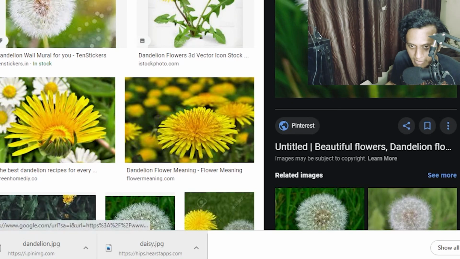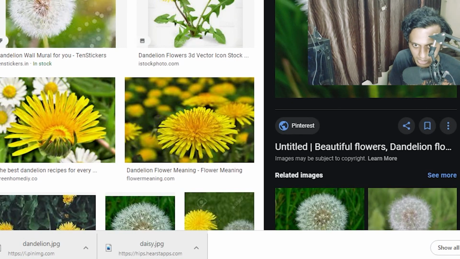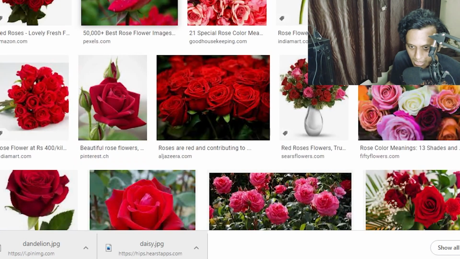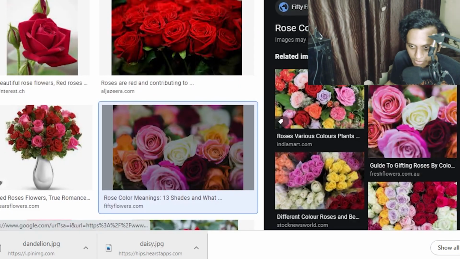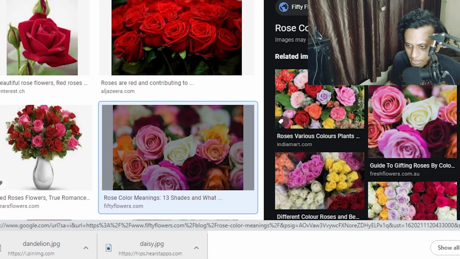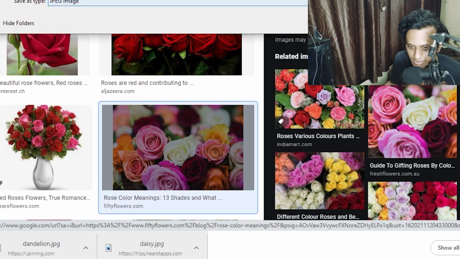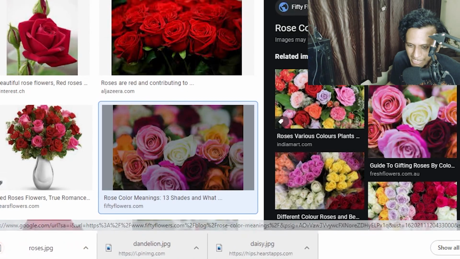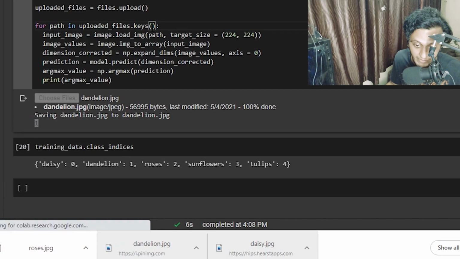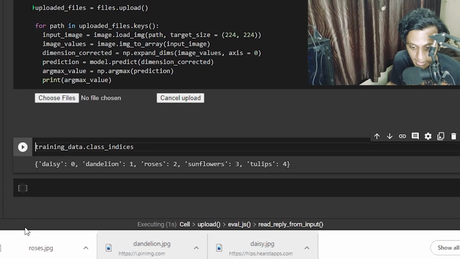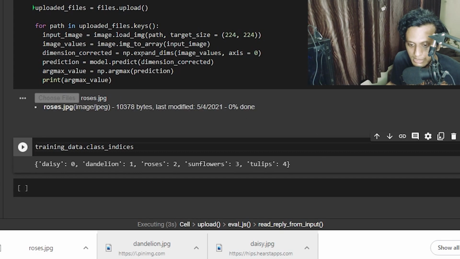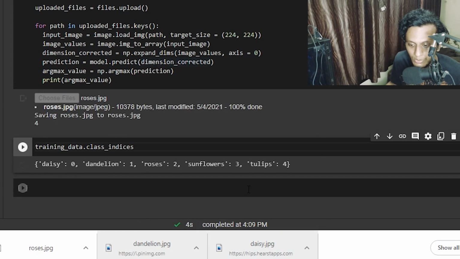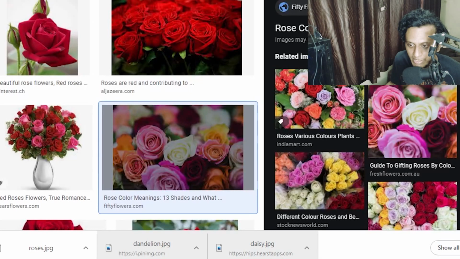And now let us check the other flowers. I'll say roses. Let us just try to classify, okay, so let us take this. Let us try to confuse our network. I'll try to confuse my network because the accuracy is very low, still it is performing very efficiently. That is the shocking thing about it. So roses. Oh, now it is saying tulips. Okay, so we have confused our network.